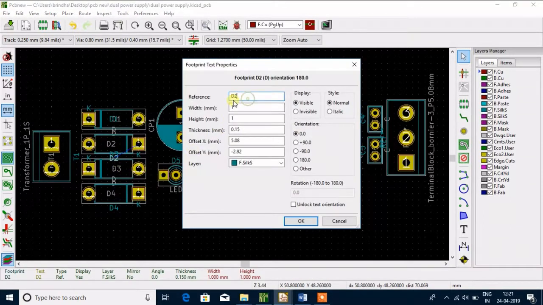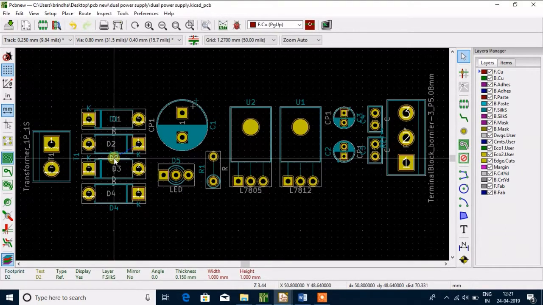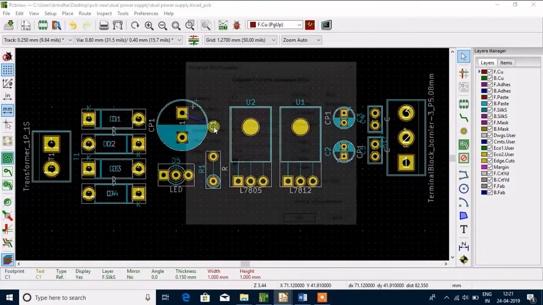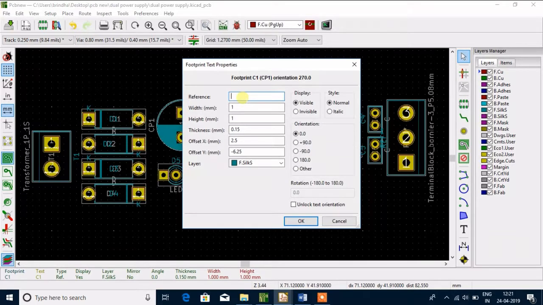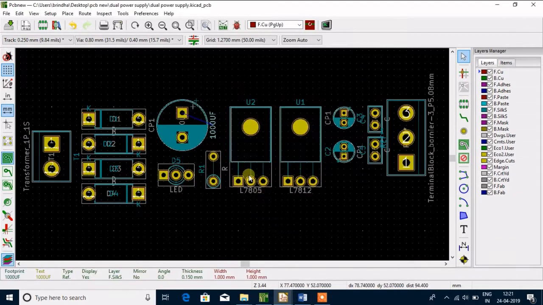D2, D3, just click that and move, and the D4 is also moved inside the diodes, and here we have used the C1, that is the capacitor one. Just double click that and mention that it is a 1000 microfarad capacitor, and just click OK, and